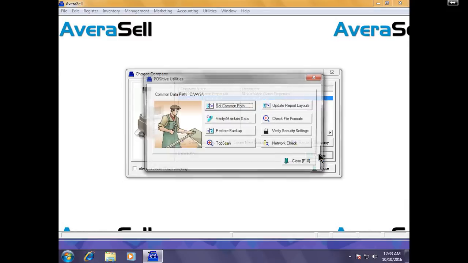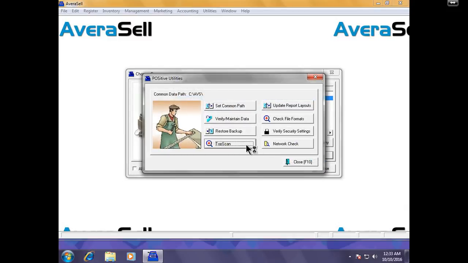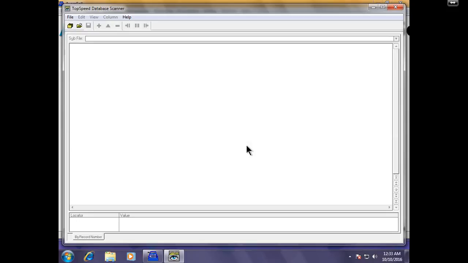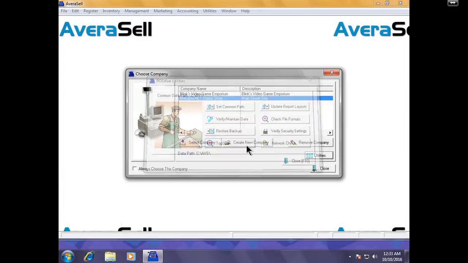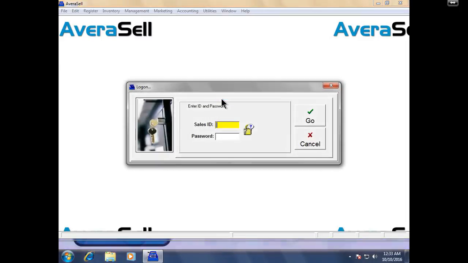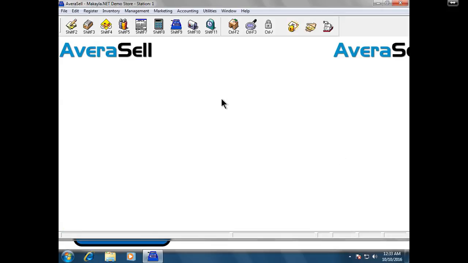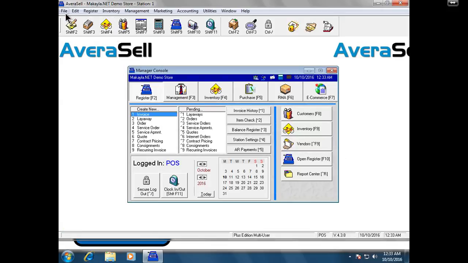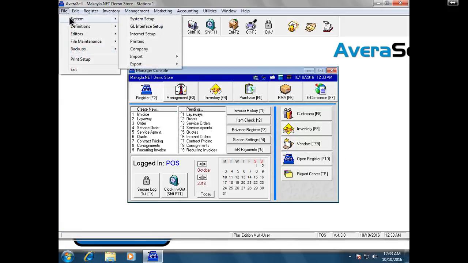And we're going to go to Utilities, TopScan. Actually, before we do Utilities TopScan, I want to show you something. If we go to Michaela.net Demo Store, POS, go to File, System,